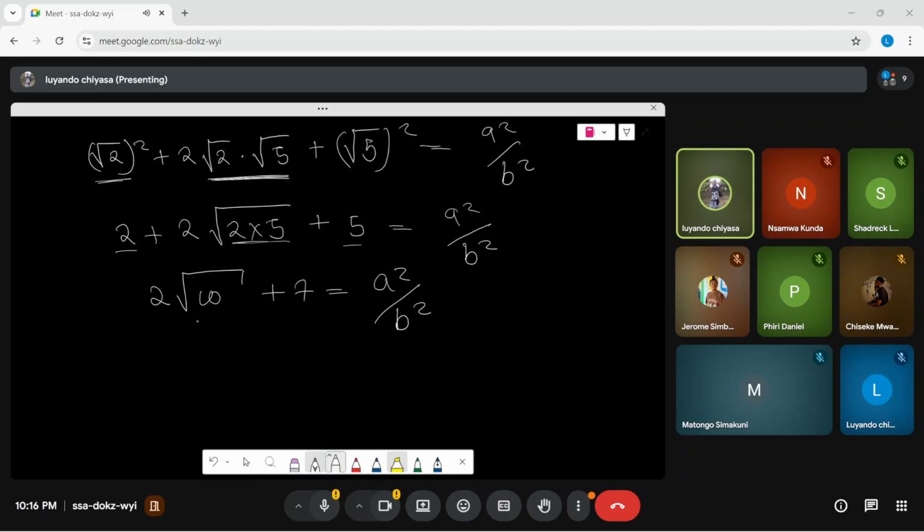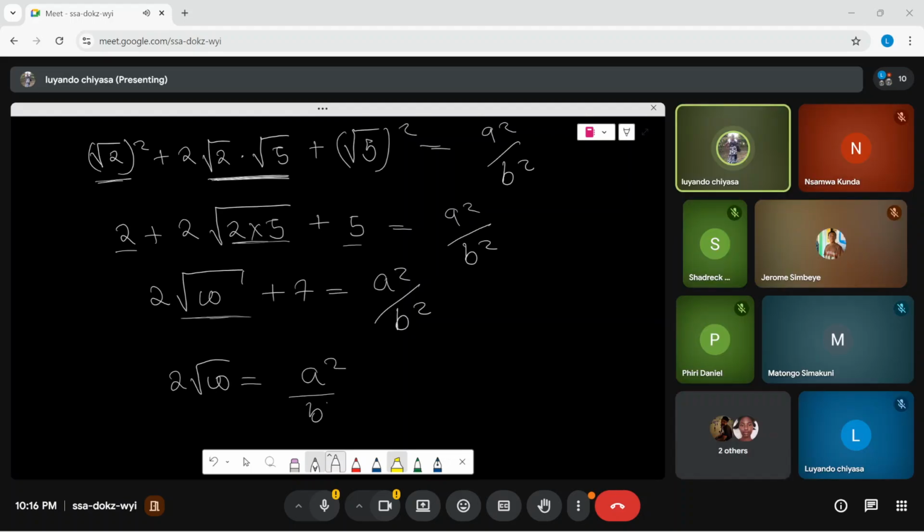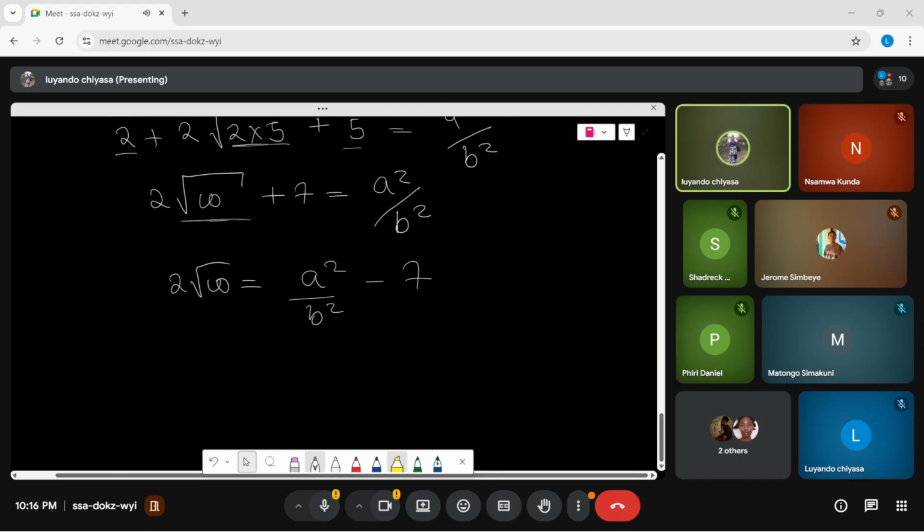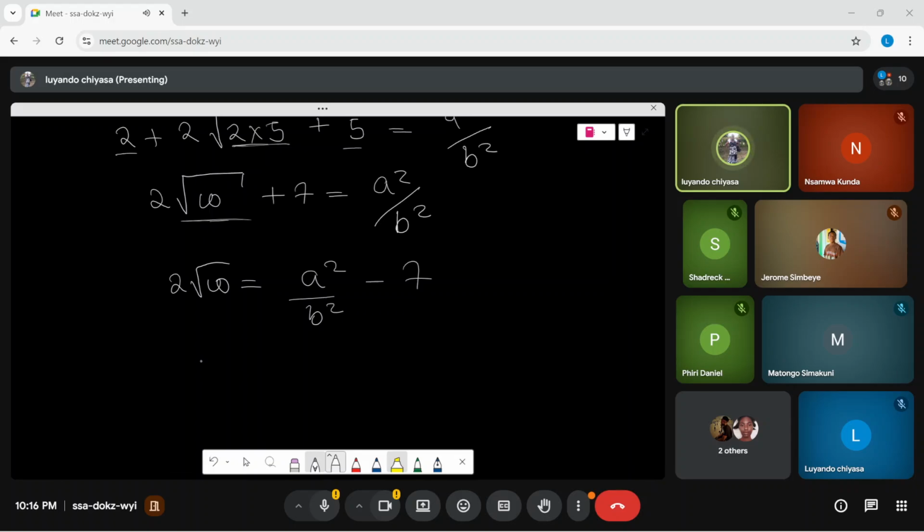Okay, so I just want to remain with the root 10 on this side. So I'll make this 7 jump to the other side. So I'll have 2 root 10 is equal to A squared over B squared minus 7. Okay, and I'm going to make B squared become the common denominator. So if I do that, I'm going to have